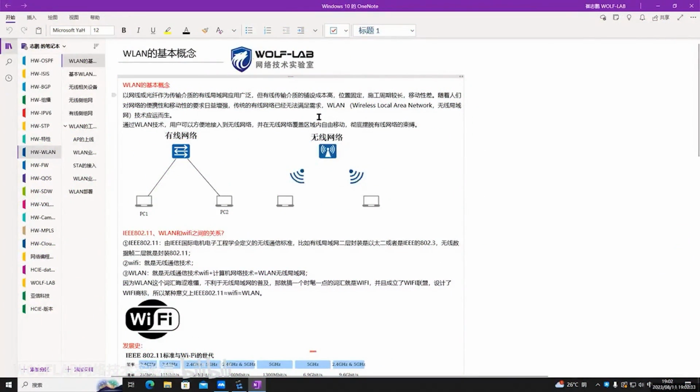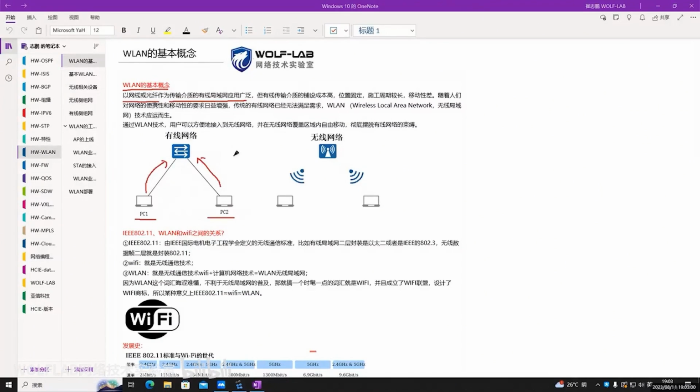Today, we will start discussing WLAN, which concerns wireless technologies. We plan to spend 2 days on these wireless technologies and explore the basic concepts of WLAN. Wired local area networks use cables or fiber optics as transmission mediums, and these are widely applied. For example, when our PCs want to access the internet, we usually connect a cable to a switch to access